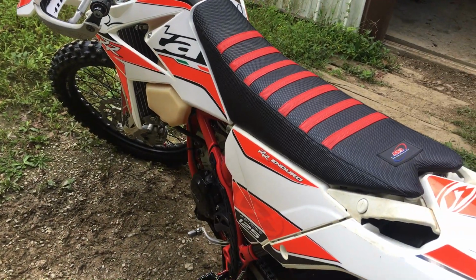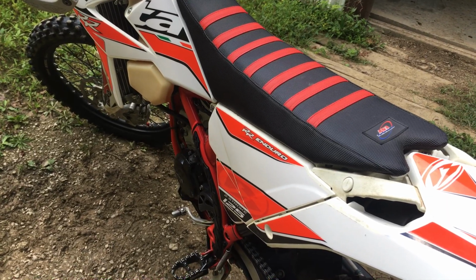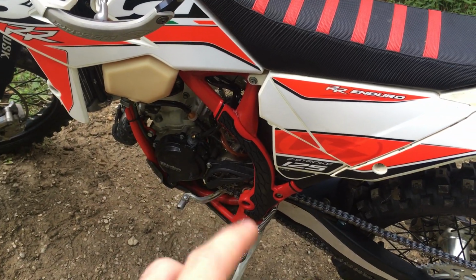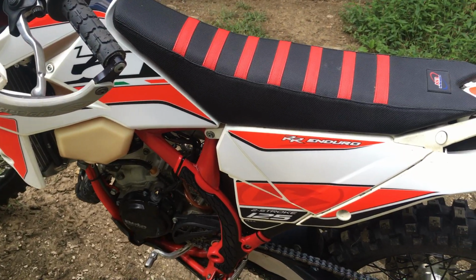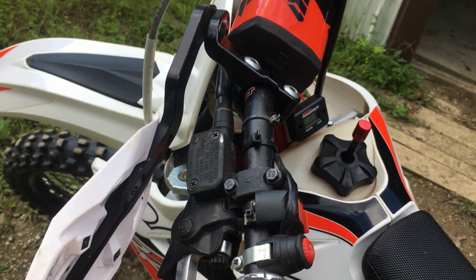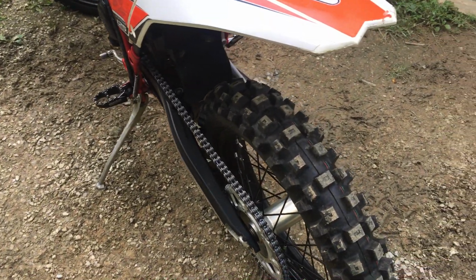I'll leave the fuel capacity, how big the tanks are, and I'll leave the carburetors down below too, what kind of carburetor they run. As well as it's got a hard dry clutch. Comes with a hard dry clutch, but they don't have Brembo front and rear brakes,